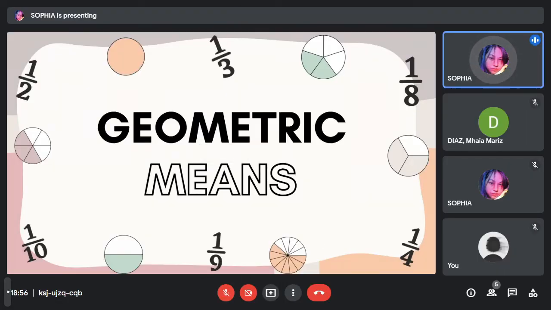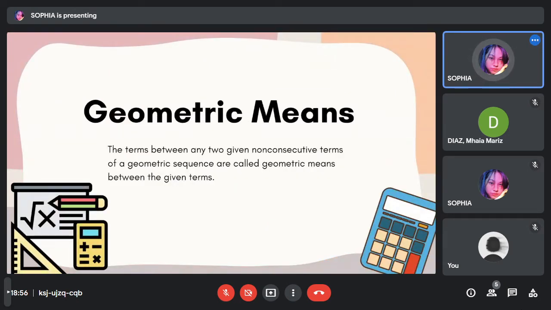Everyone, we are here to discuss geometric means. To start everything, we need to know the meaning of geometric means. So what are geometric means? The terms between any two given non-consecutive terms of a geometric sequence are called geometric means between the